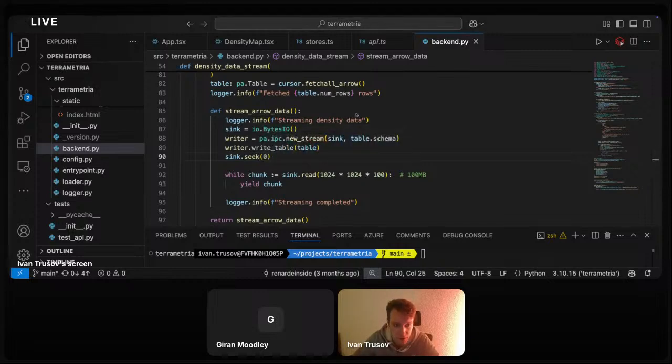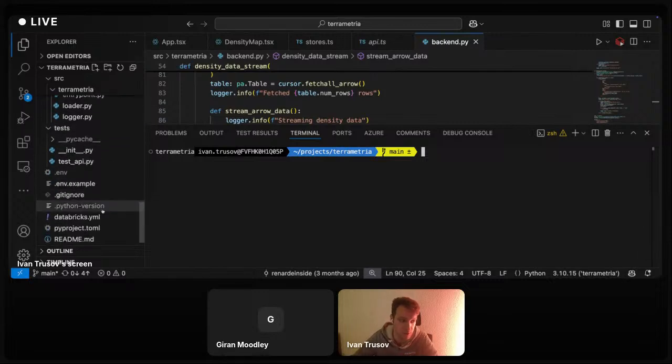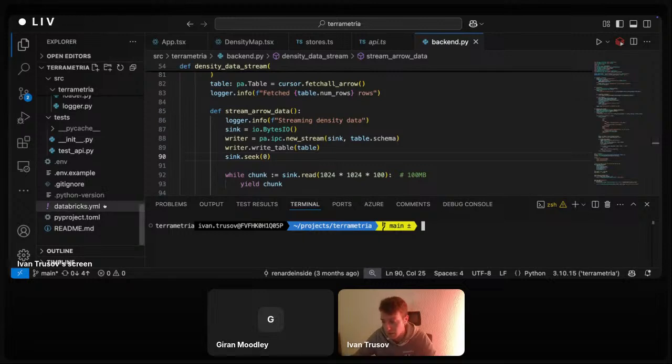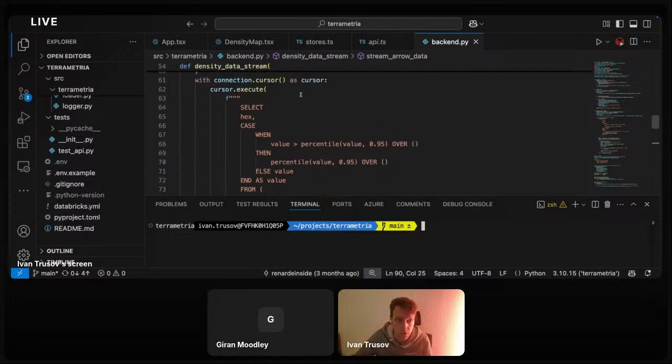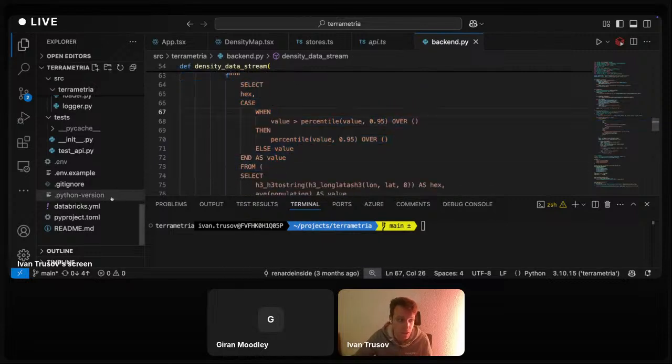Okay, so now given this, I can just deploy this application, right? And to deploy the application, I need to define some dependencies. This application, or resources as we call them, specifically needs a Databricks SQL warehouse to perform those computations. We need to connect somewhere and we need to execute the SQL somewhere. How can I do this?